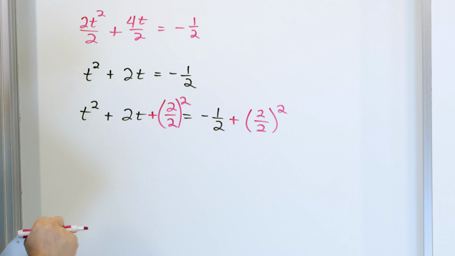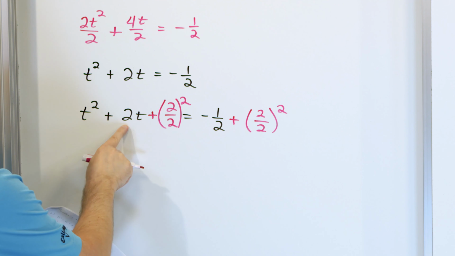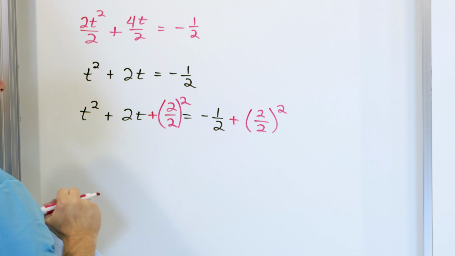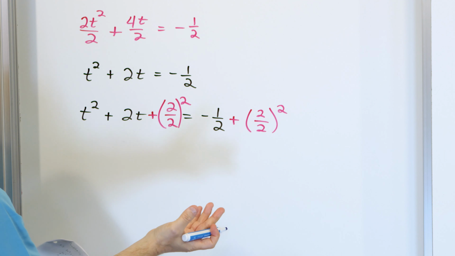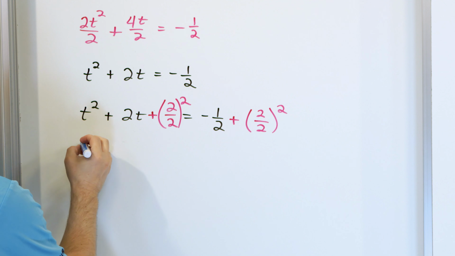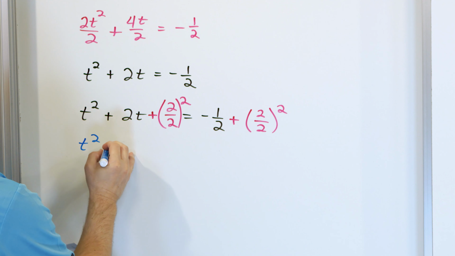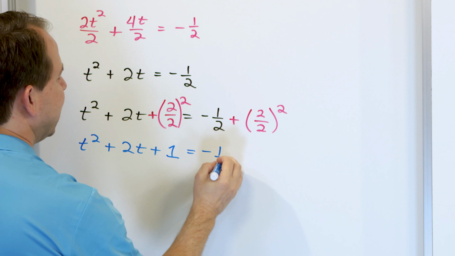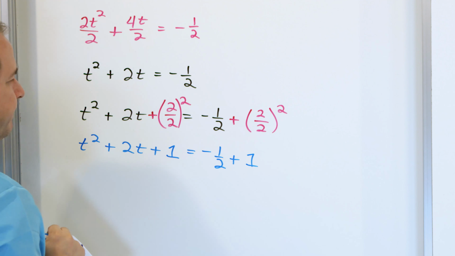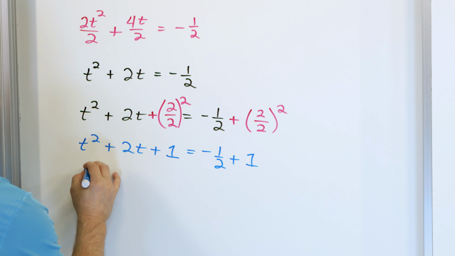Notice I add the exact same thing to both sides, right? So we take the coefficient, divide by 2, square it. Exact same thing that we've always been doing up until this point. And I know that you know that 2 divided by 2 is 1, and 1 squared is also 1. So really what we have is t squared plus 2t plus the number 1 equals negative 1/2 plus the number 1. So on the left-hand side, we have t squared